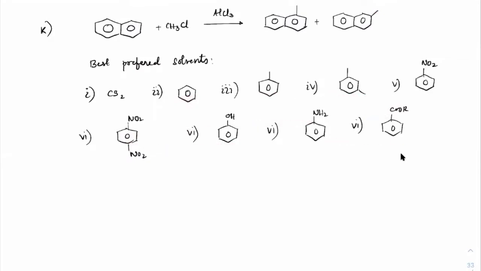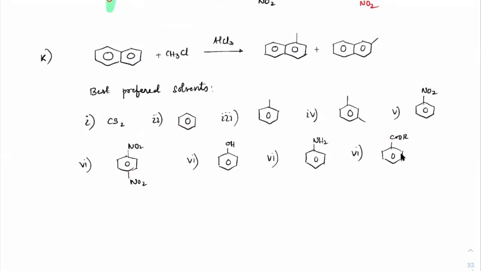Now tell me out of this, which are the best preferred solvents? First, CS2. Can we prefer that? Yes, CS2 is non-polar. It will dissolve naphthalene, make this also to get dissolved. Both will interact with each other. This CS2 won't affect the electrophile approaching that. So no reaction here. So CS2 is preferred. No issue. Next, benzene. Benzene is in fact more reactive than, I mean, naphthalene. So what would happen? Even this will also start reacting with CH3Cl. Correct. So solvent will also react.